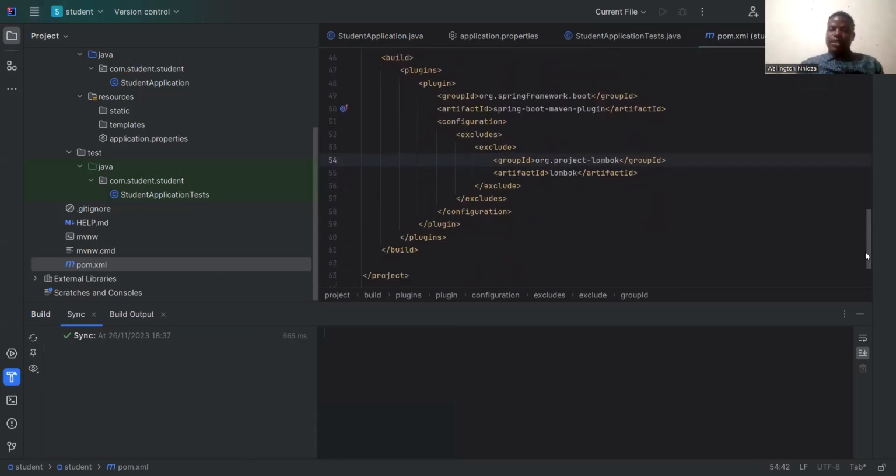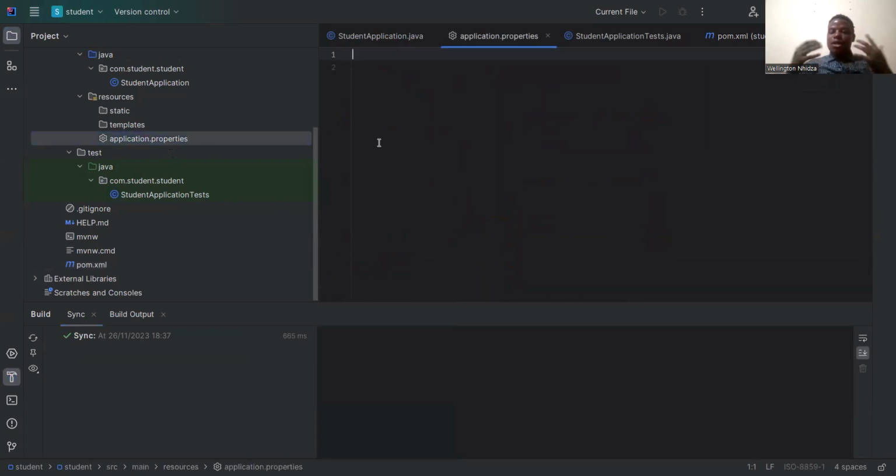So let's just start to write our code. The first thing that we're going to do is define our connection to the database. So let's just start to write. We just say spring. I'm just going to use properties instead of YAML. So spring.datasource. Here we are defining the datasource.url equal to